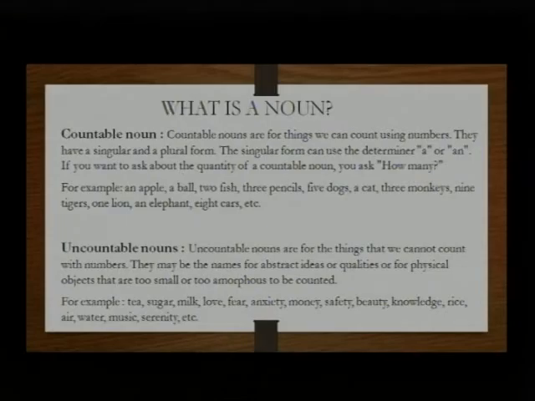So if you can see here, we are actually talking about countable nouns. The most important thing that you have to remember is that countable nouns are counted with numerics, and using the numerics we describe the noun. For example, as I have shown you already, a pencil, that is one pencil. 3 fish, I have 3 fish in the aquarium. So 3 fish is called a countable noun, because we are describing the noun with numerics. So this is the most important thing in nouns, countable nouns.